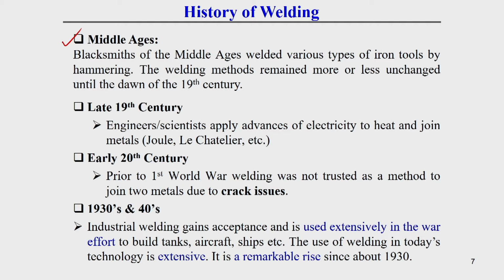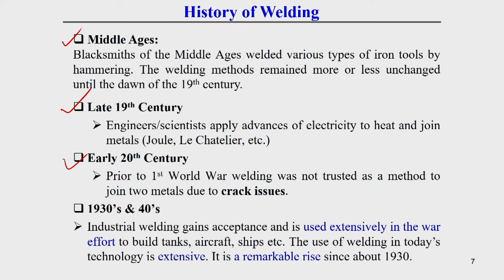The welding method remains more or less unchanged until the dawn of the 19th century. Then in the late 19th century, engineers and scientists applied the advances of electricity to heat and join metal. In this time there were a lot of famous researchers and scientists like Joule, Le Chatelier, etc. Then in the early 20th century, prior to the First World War, welding was not trusted as a method to join